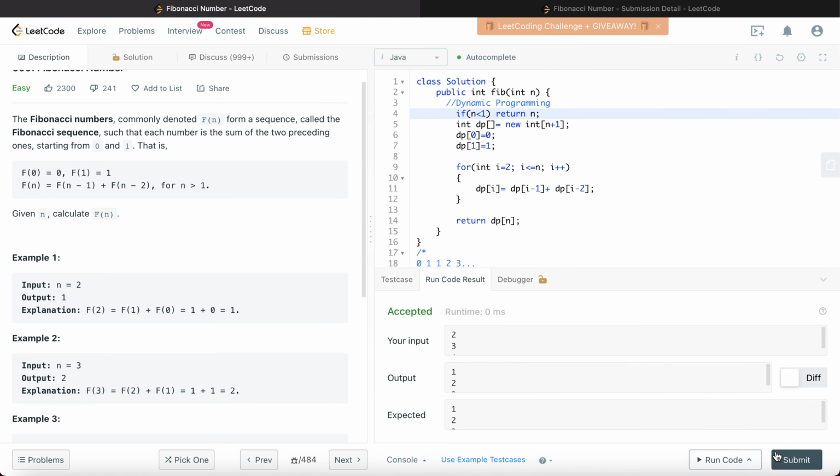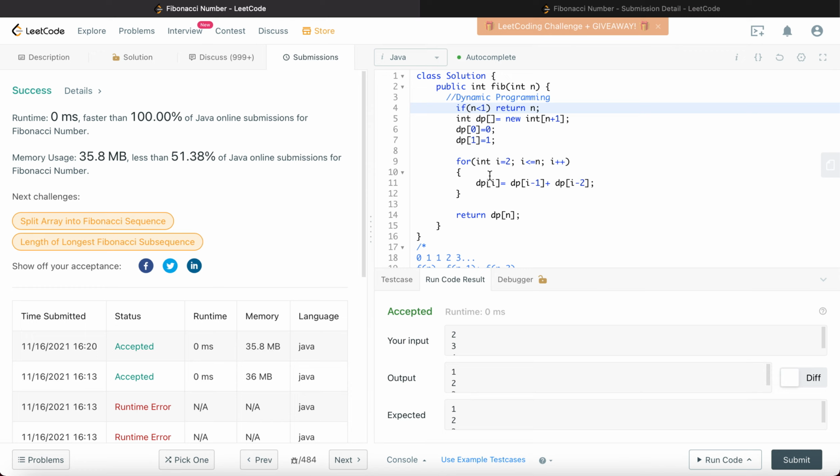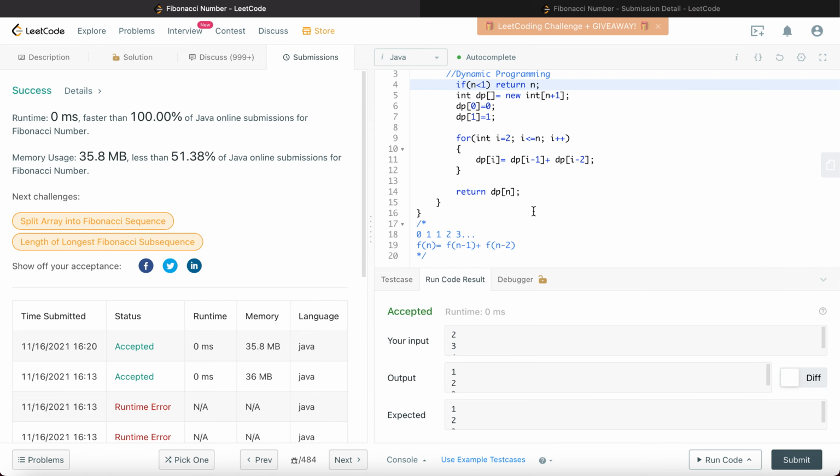Let's run it. This is accepted, and let's try to submit it. This is submitted. In this case, as we are computing the values which we are filling into the dp array, so we are finding the values and then filling them into that array, it is taking linear time. So the time complexity in this case is